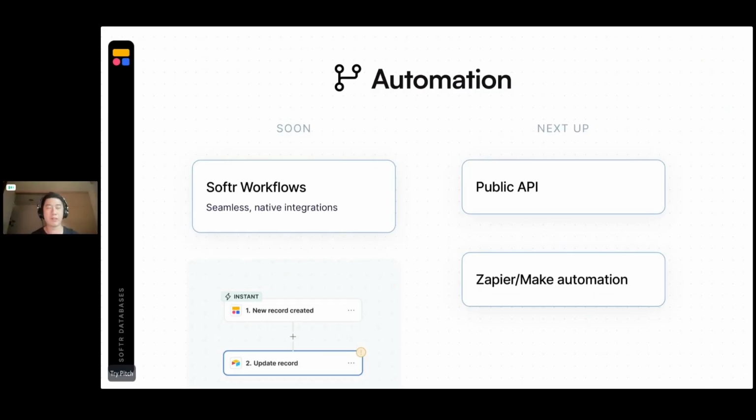The timeline we're expecting is roughly 4 to 6 weeks. We're going to first have the public API, and of course we will have triggers and actions you can use in Zapier and Make: update record, create record, new record is created. Basically everything you would expect from performing CRUD operations will be there. We'll launch them, roughly 4 to 6 weeks is what we're looking at.